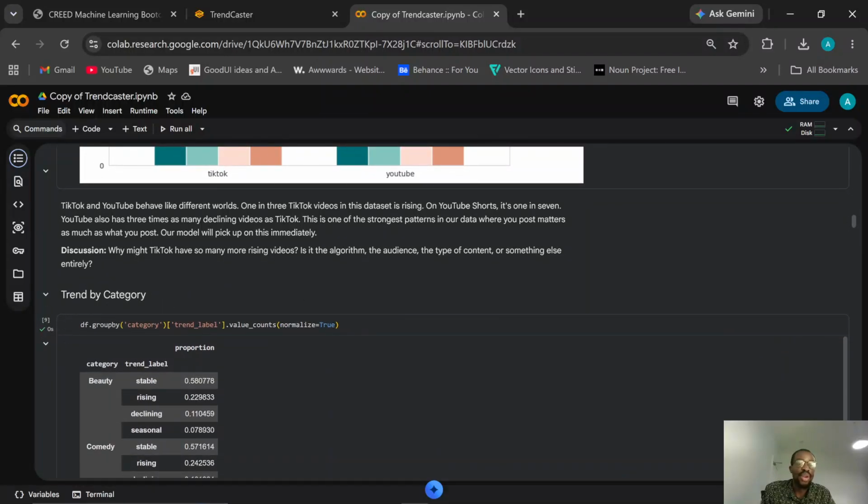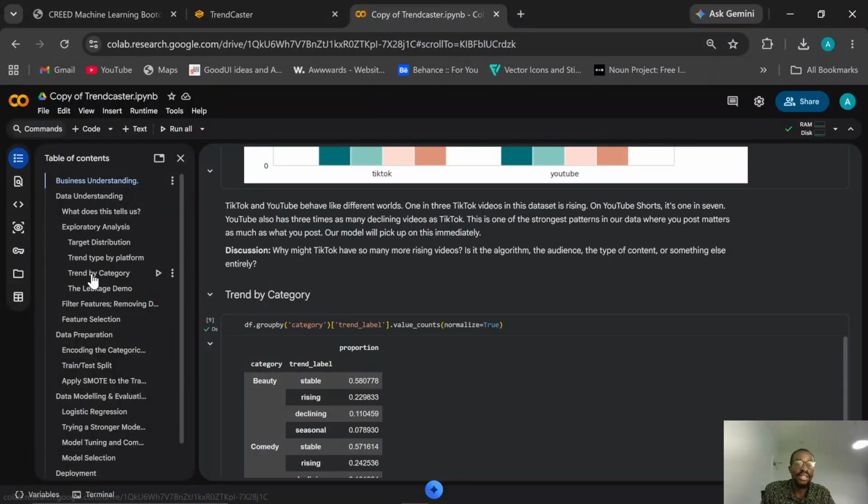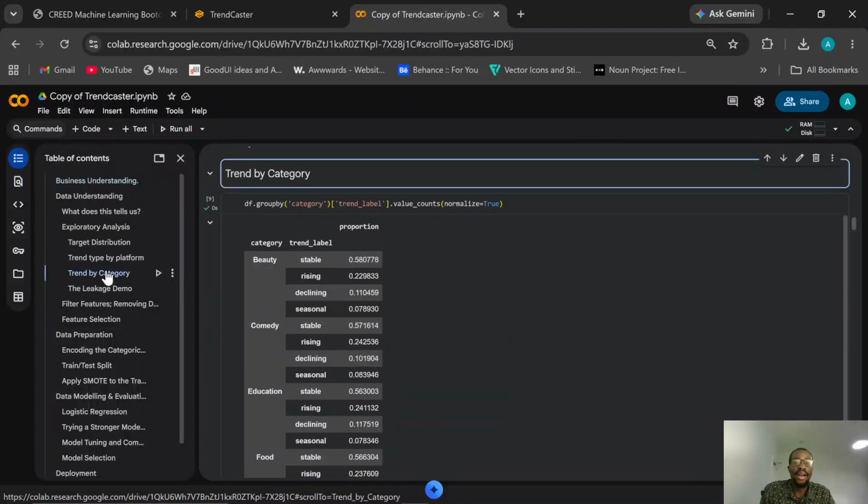And then to the trend by category, you can see in my table of contents that I'm following the standard naming convention, so that whatever I'm working on right now, I'm at trend by category. And you can see that everything is step by step. It is very important to write your code step by step. Write readable code, really important. Even if you are vibe coding, you need to write readable code.